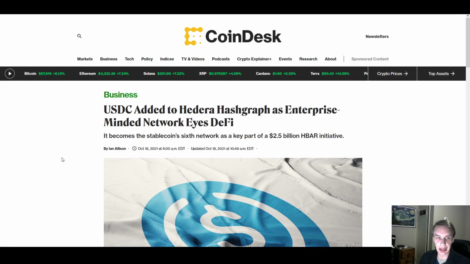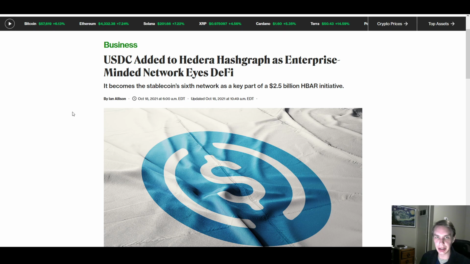Another thing that's good to see is that USDC has been added to the Hashgraph network. And this is, of course, useful because stablecoins like USDC are used a lot in DeFi. People like to have stablecoins as a medium of exchange for DeFi, where you can put up stablecoins as collateral to borrow against, or use the stablecoin in a trading pair if you're providing liquidity to a decentralized exchange, etc. There are a lot of uses where having a stablecoin on the network is very beneficial. So I think this is a great sign that HBAR has this.